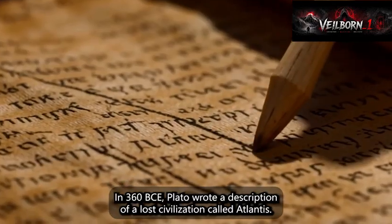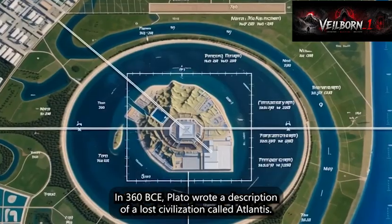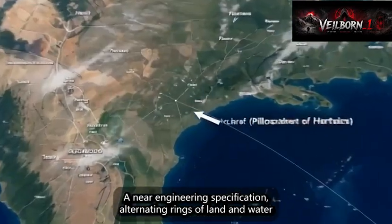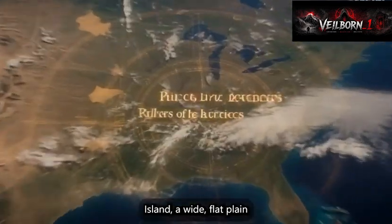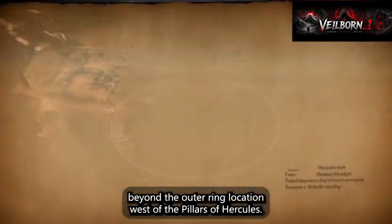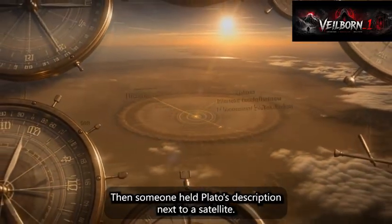Anyway, in 360 BCE, Plato wrote a description of a lost civilization called Atlantis. Not vague poetry, a near engineering specification. Alternating rings of land and water surrounding a central elevated island, a wide flat plain beyond the outer ring. Location, west of the Pillars of Hercules, the ancient name for the Strait of Gibraltar. Then someone held Plato's description next to a